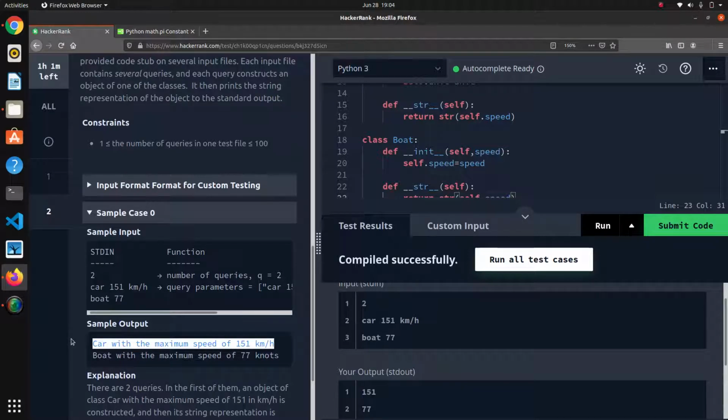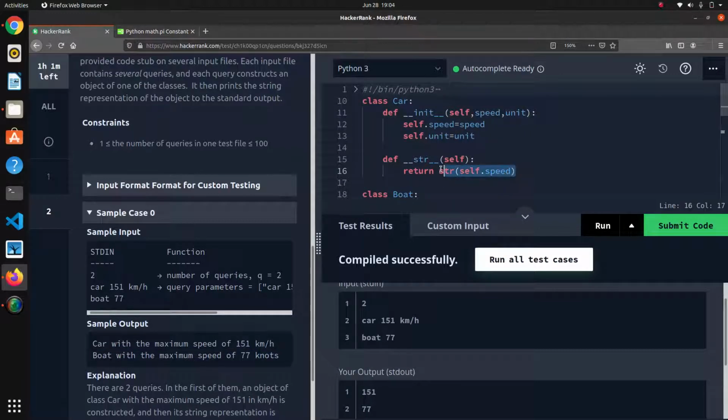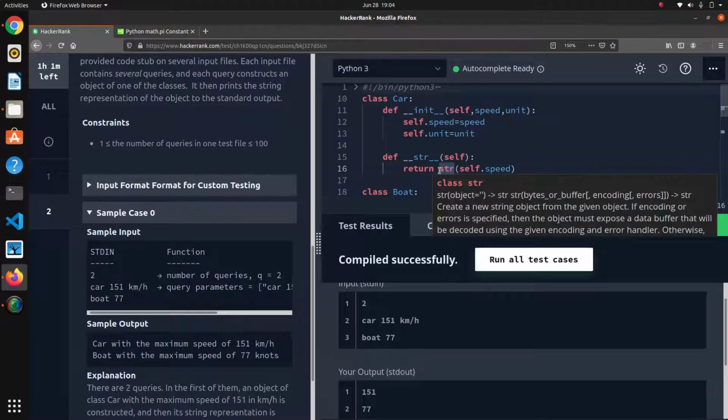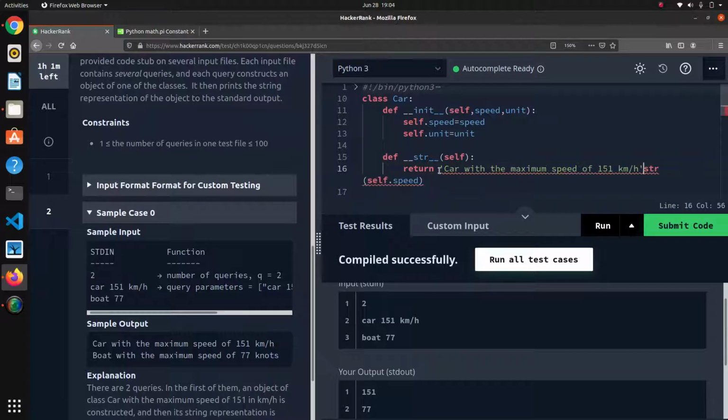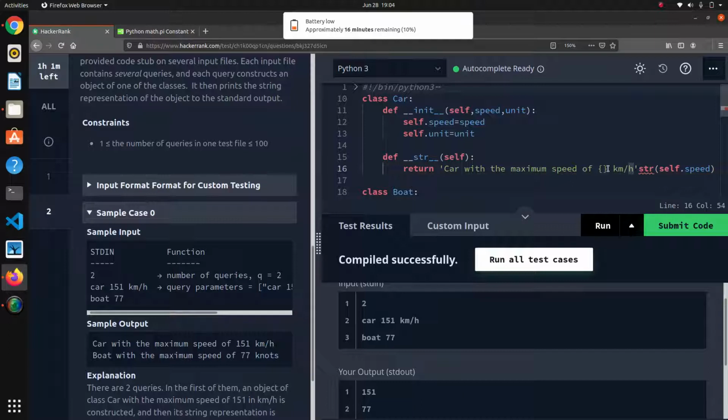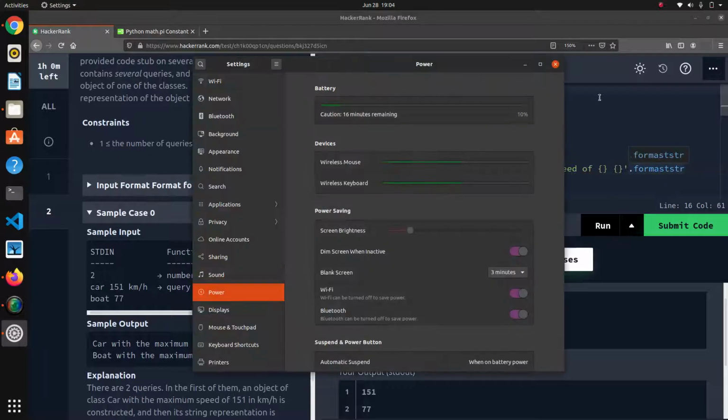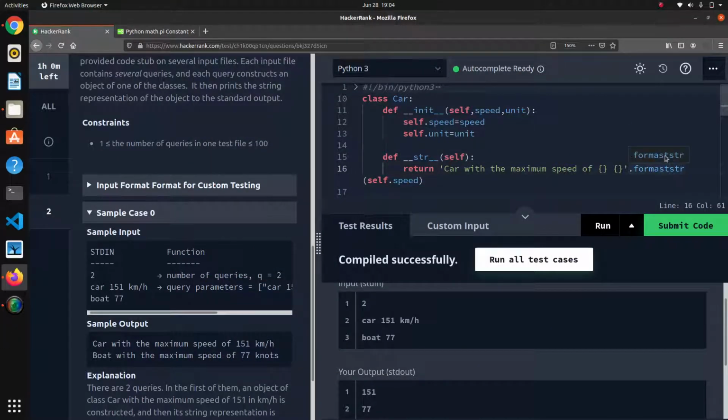Okay, I will copy this, control C, and where is our car? Okay, here is our car. Okay, I will directly write this into a single quote. Okay, so now we will format this with the things. Okay, so this is our first curly bracket which is for the speed, and after that our second curly bracket for the unit. So it will, okay, ये वाला cancel कर देता हूँ यार. So here we will format the things, here we will format